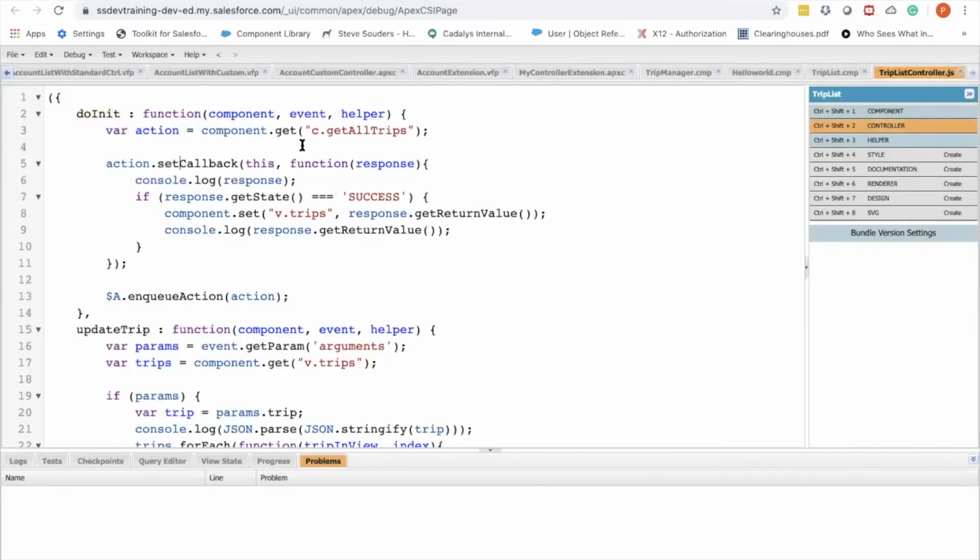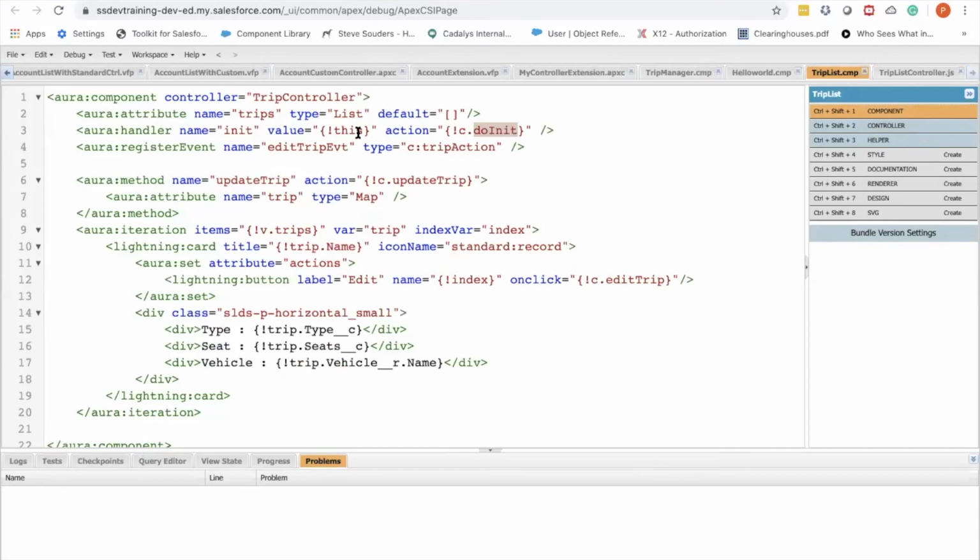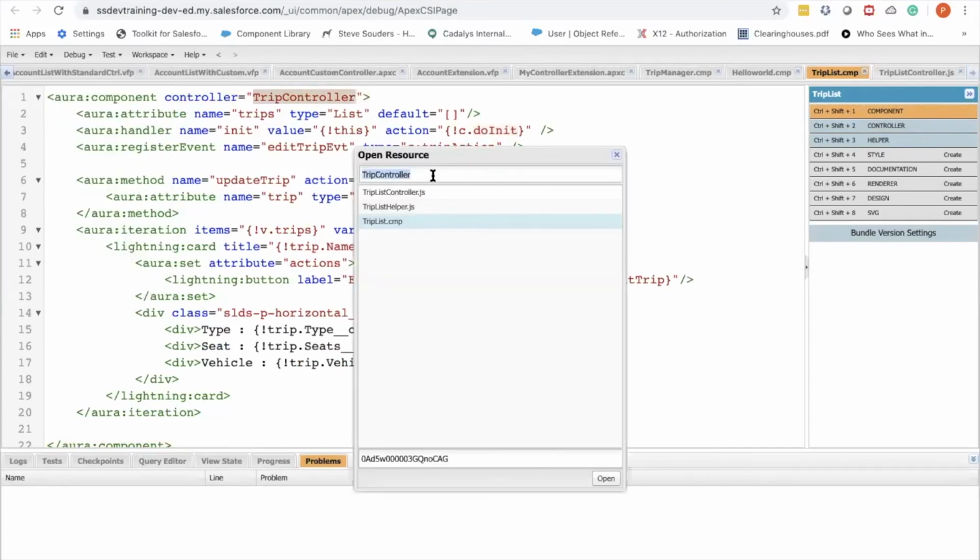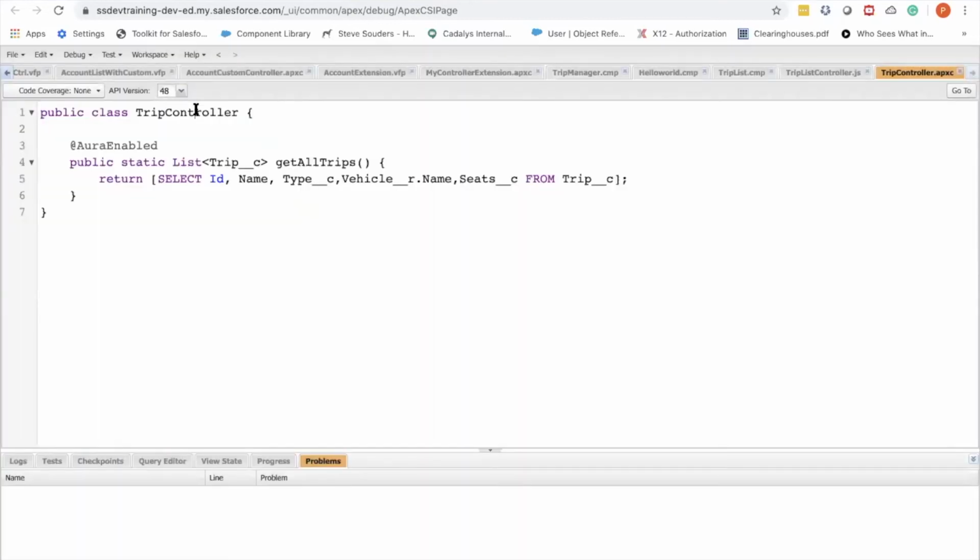In doInit, we are creating an instance of a method called getAllTrip, which belongs to this controller. So let me open up the controller and show you. On the controller, I have a simple method called getAllTrips, which queries all the trips and returns a list of trips as a collection. Okay.